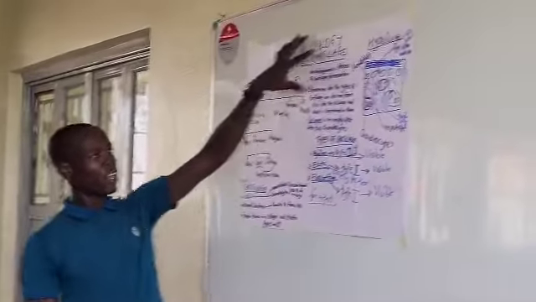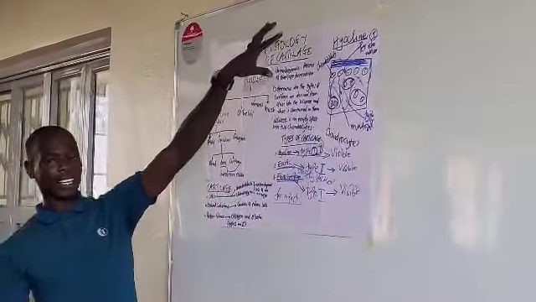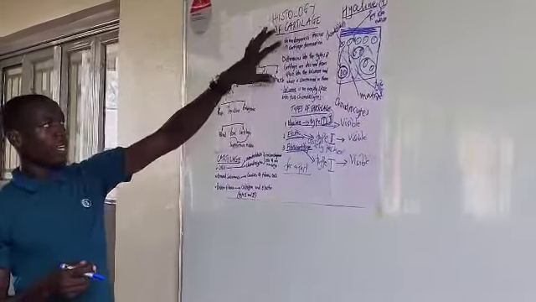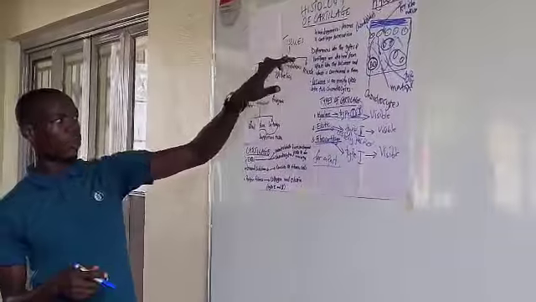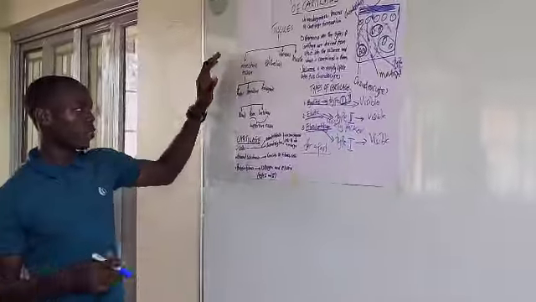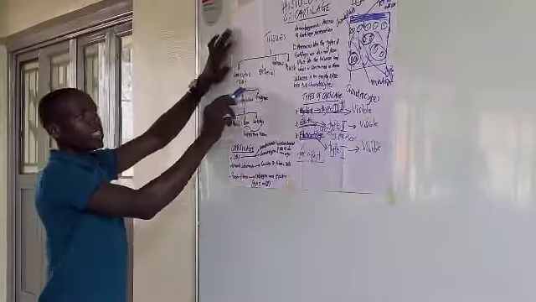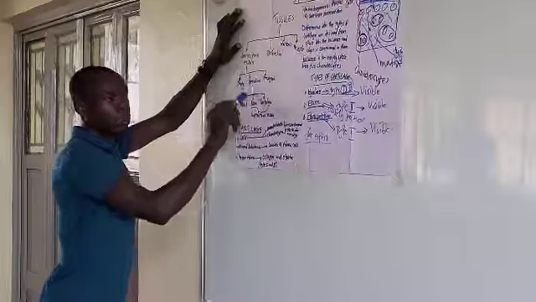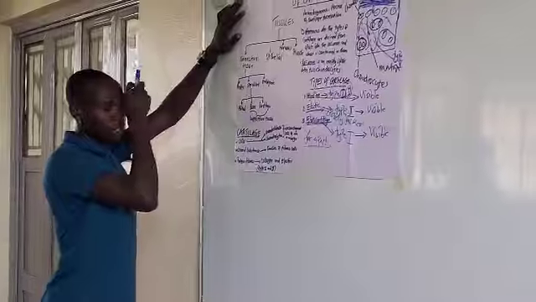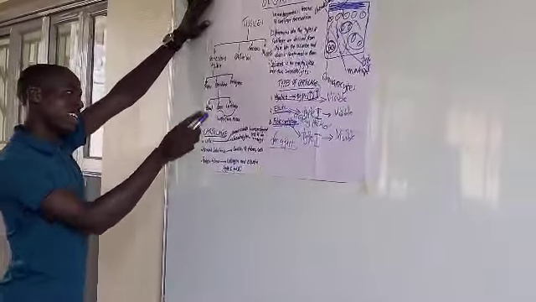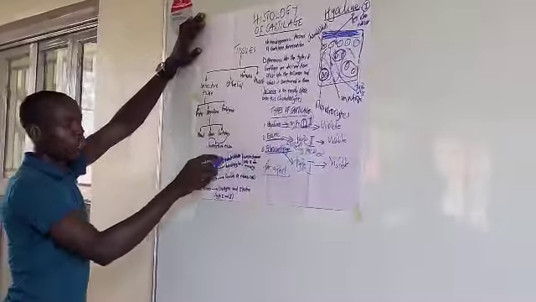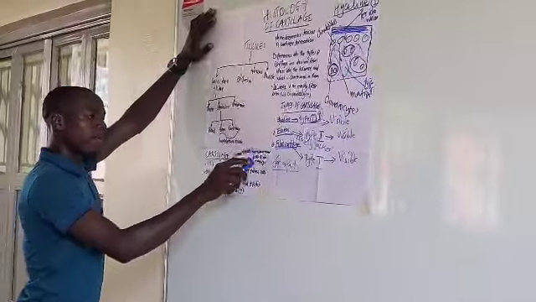So that is briefly the histology of the cartilage, where we say it is a connective tissue, which means that it is able to connect other body organs and parts together. Under connective tissue, it is a specialized kind of tissue, specialized to perform a certain function. Under this specialized tissue, we say the blood is also specialized, and then bone is also specialized. The cartilage is made up of cells called chondroblasts and chondrocytes, all of them originating from